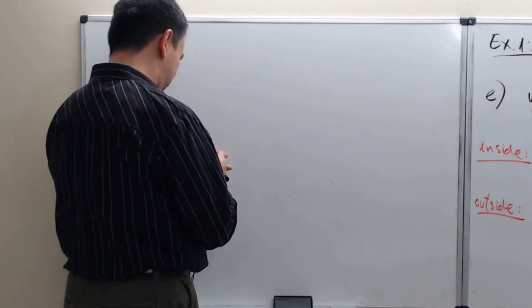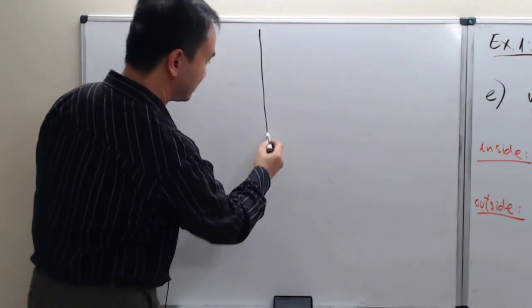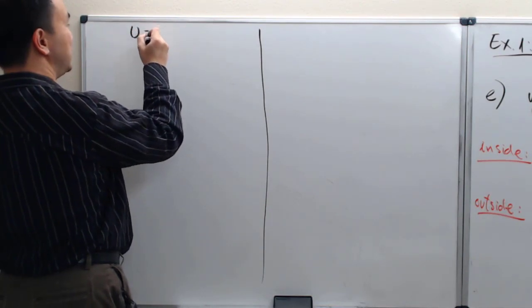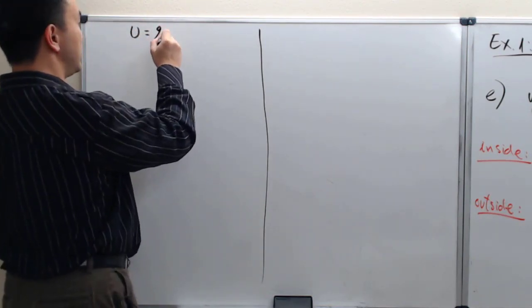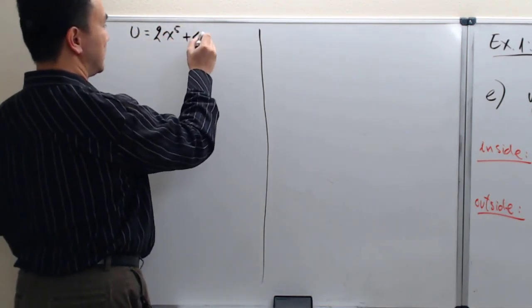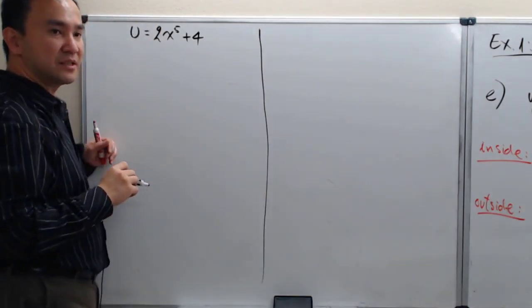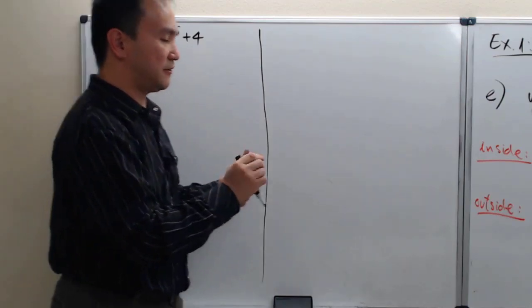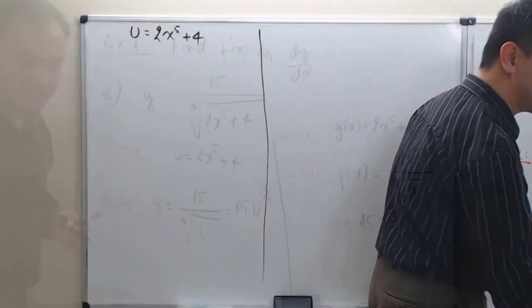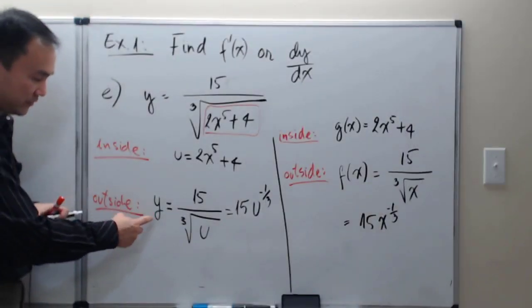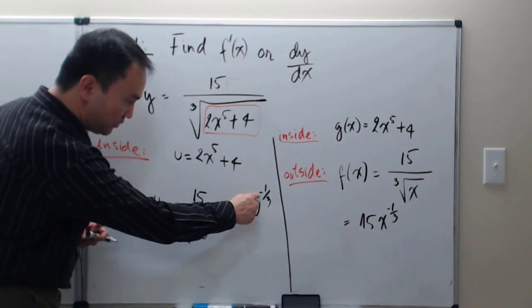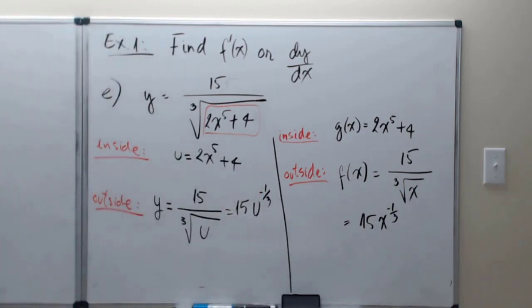Okay, so at this point, recall that u equals 2x to the fifth plus 4. So that means, and of course, with our outside function, again, let me remind anyone viewing the video. Our outside function is 15 times u to the negative 1/3 power. So that means